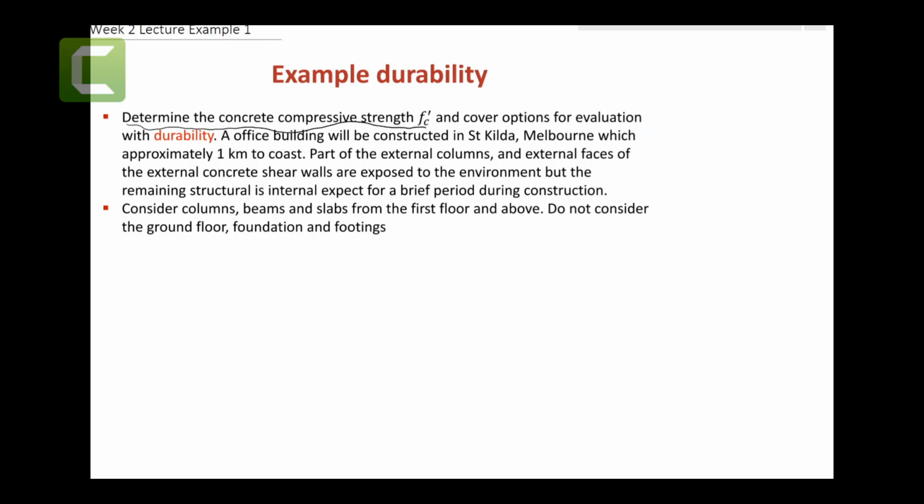And cover options for evaluating the durability. So we need to specify two things: f'c, the concrete compressive strength, and the minimum cover that is required. It is an office building, as given,